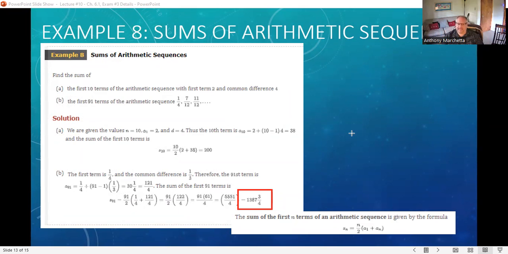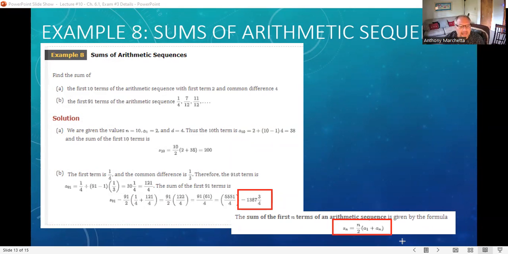So in example 8, we're going to be using this formula a lot, which is the formula for the sum of the first n terms of an arithmetic sequence. S sub n is the sum itself. N is the number of terms you're adding up. A sub 1 is the first term, and A sub n is the last term in the story. All right, so